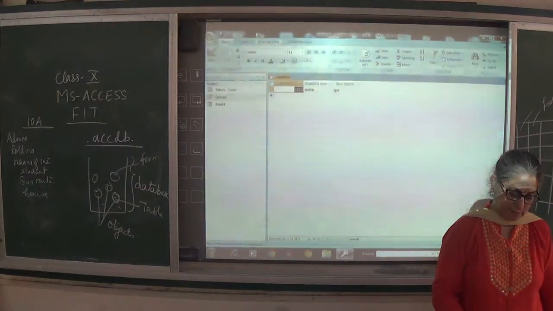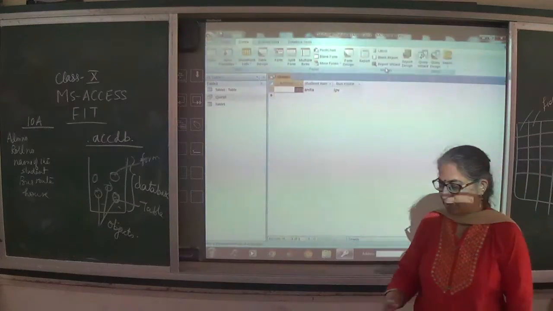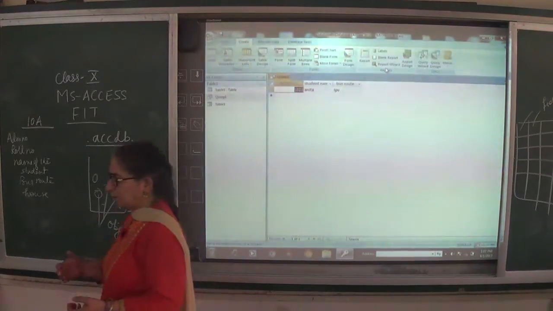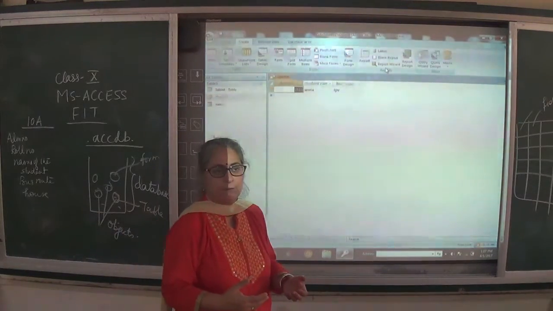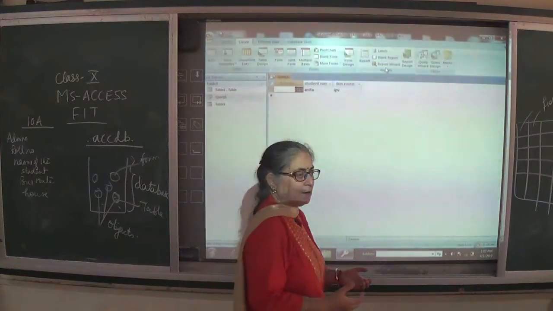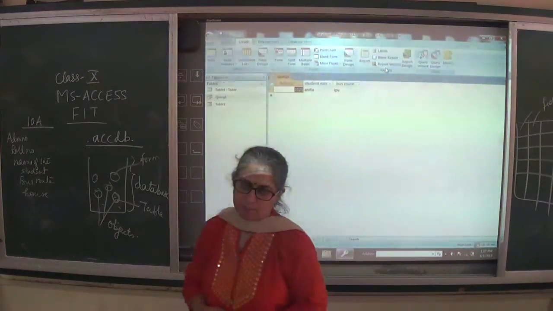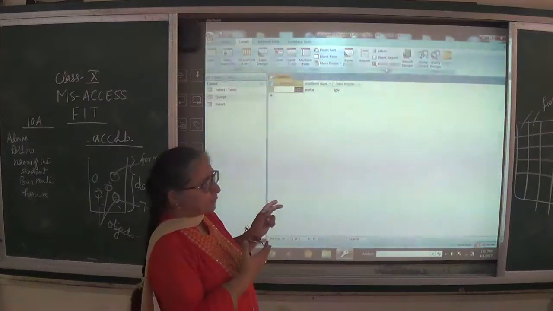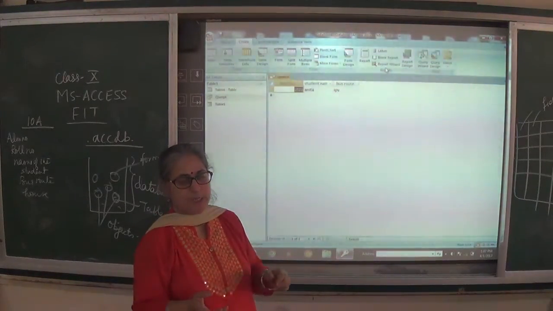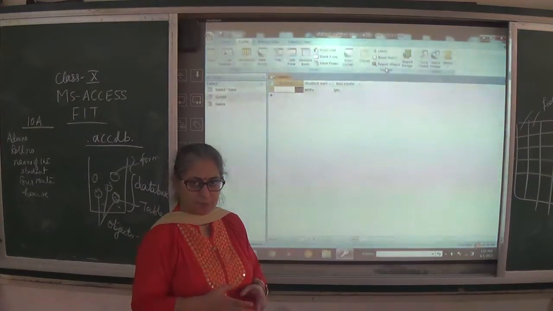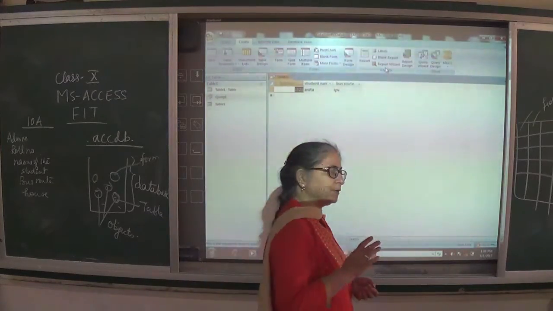Then the last object which we are going to do is the report. Report is basically for giving you the kind of a hard copy to somebody, like if the HM asks a teacher that find out all those students who are getting C1 grade in maths. So she is going to get a query done. Now after the query done, she cannot show the laptop to her. She can have a designed layout of her report and take a printout and give it to her. So that is known as a report.